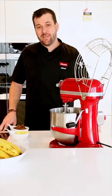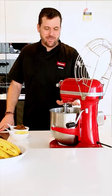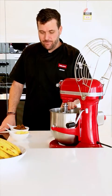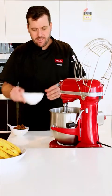Okay, so let's now create the banana bread. I'm just going to move over here to my mixer and I'll show you how easy it is to make. Okay, let's begin to make this banana bread. Now I'm using a stand mixer and I have the paddle attachment. It's important we use the paddle attachment for this cake, and we're going to start by adding in